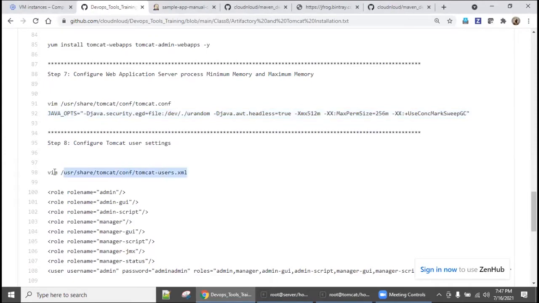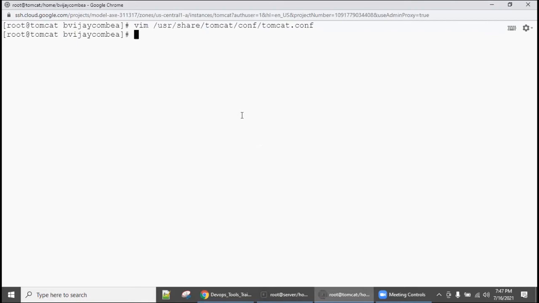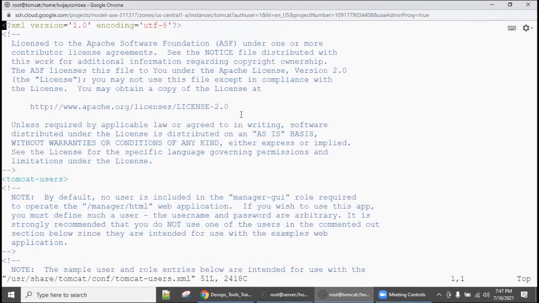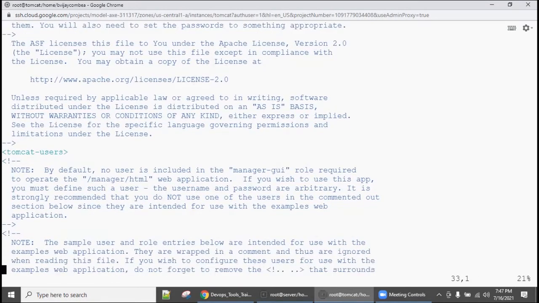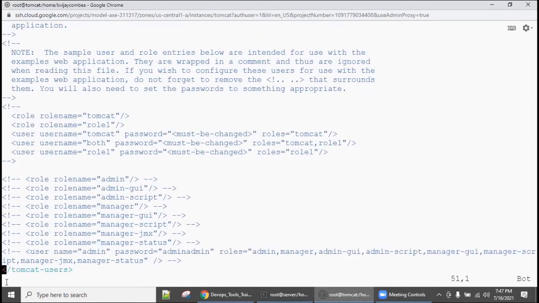The one more setting we need to do is Tomcat users.xml. Okay, so let's go there. I will tell you what that is. Come down. This same setting I copy pasted, but it is commented out. Sometimes if you are an administrator, a Unix administrator, from a non-development background, you really get confused, because for an administrator, hash is the comment, but this is also one way to comment out the entire line.